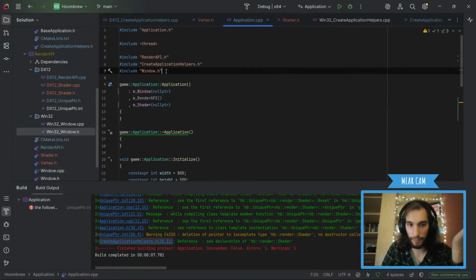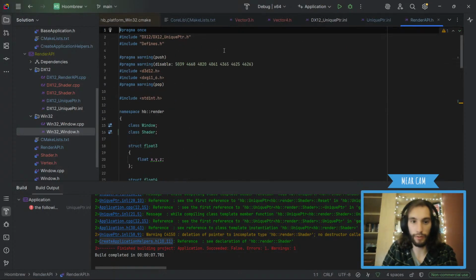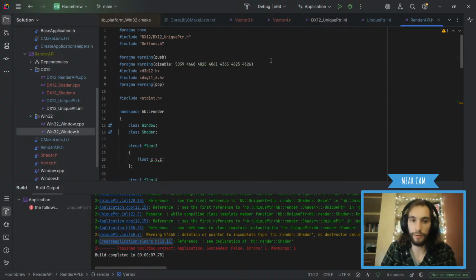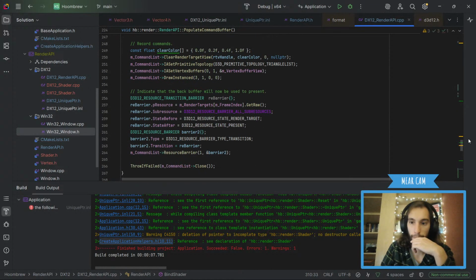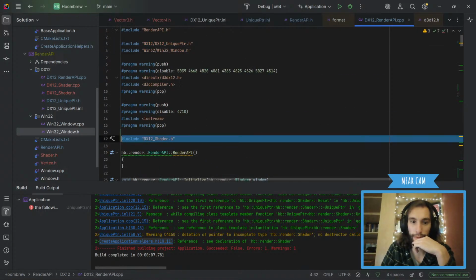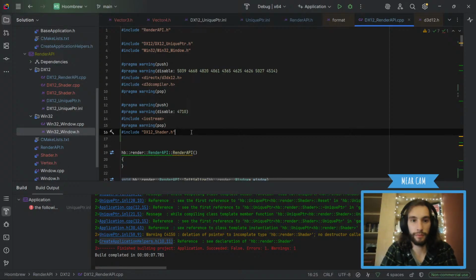Do I not have, oh, or does this include like, this is gonna include the window and it's the only way it works, isn't it? Does this include the window? But this also includes shader. Also, this should be at the top.